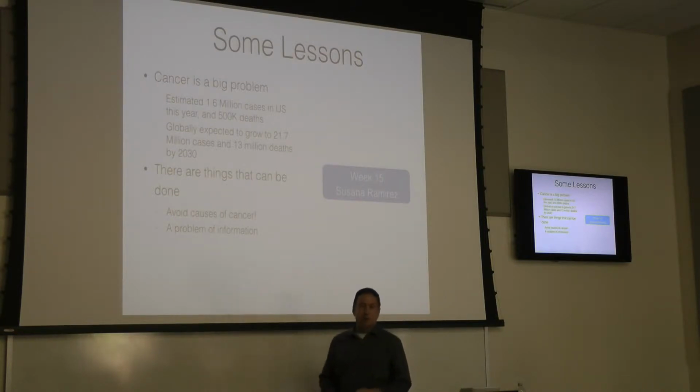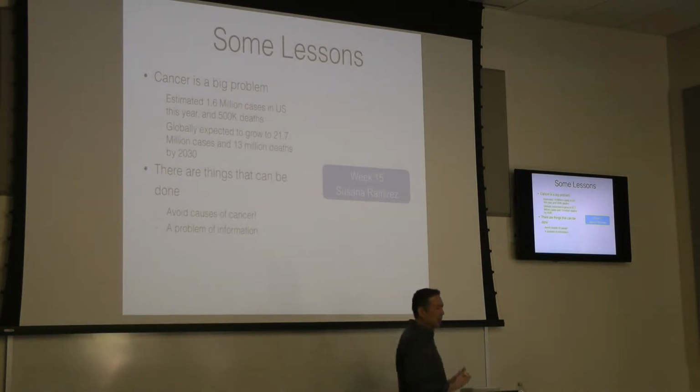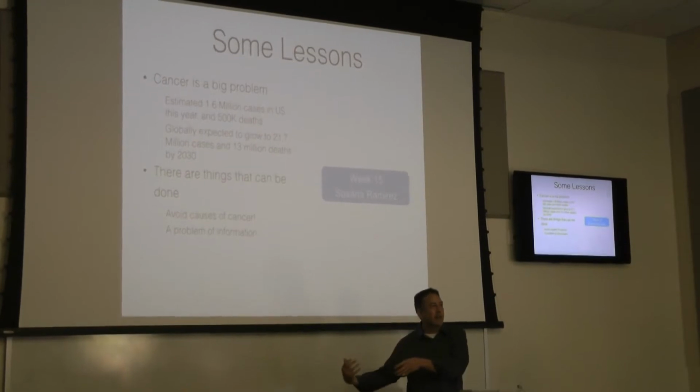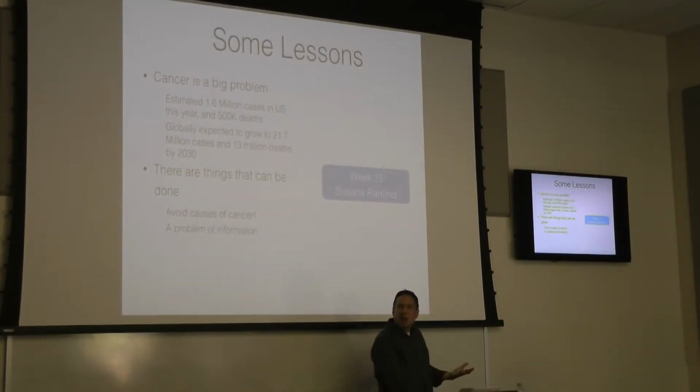And this is the first speaker I'll mention. In the last week, Susana Ramirez from here at UC Merced is going to be talking about how different groups of people have different understandings about cancer, right? Some groups maybe think cancer is always going to be fatal, you're going to die, and that misinformation could lead to problems. So she's going to talk about ways to improve the information transfer from what's known about cancer to the various communities it affects, which is a distributed cognition kind of problem.